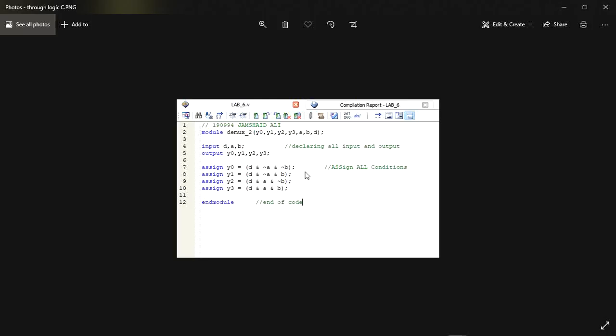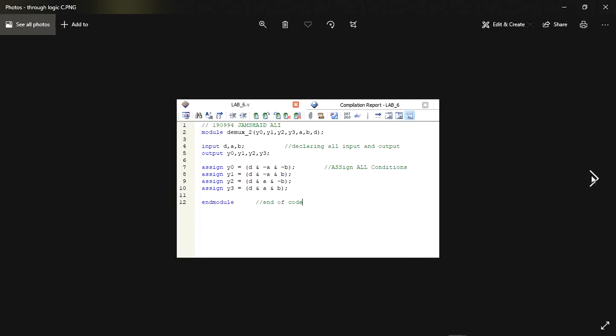For the first output, we use an AND gate and negation of some inputs. And in the second case, we also use negation of some inputs and AND gates. By implementing AND and negation of some inputs, we get the output depending on our input.